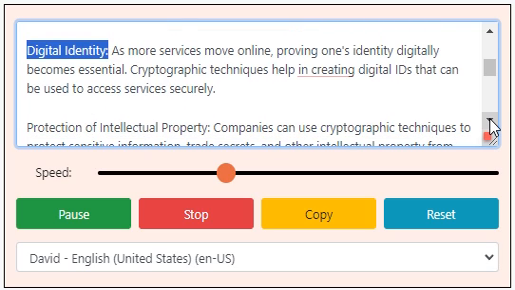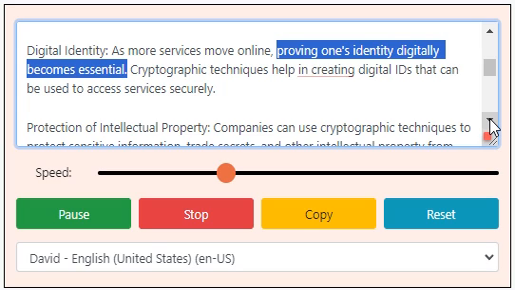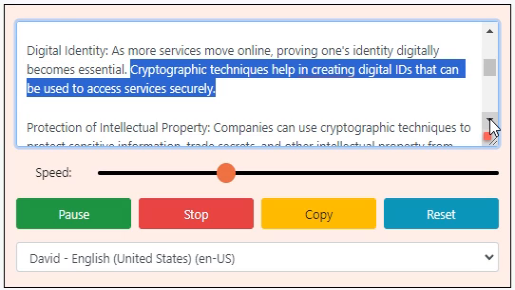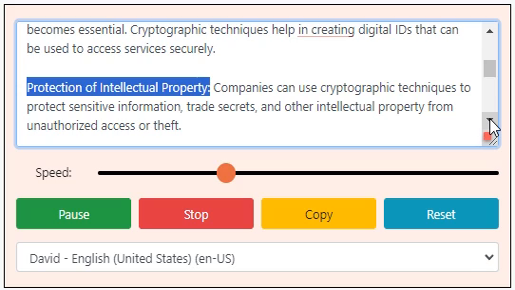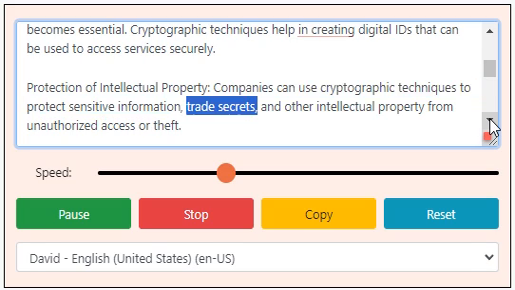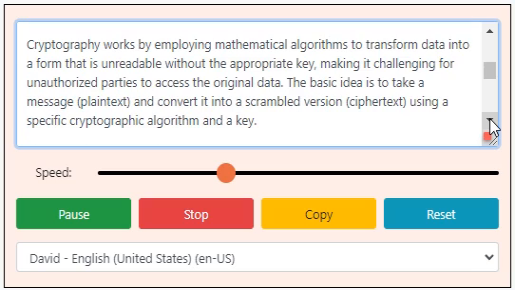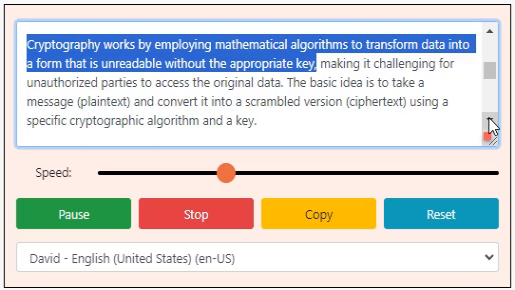Digital identity. As more services move online, proving one's identity digitally becomes essential. Cryptographic techniques help in creating digital IDs that can be used to access services securely. Protection of intellectual property. Companies can use cryptographic techniques to protect sensitive information, trade secrets, and other intellectual property from unauthorized access or theft. Cryptography works by employing mathematical algorithms to transform data into a form that is unreadable without